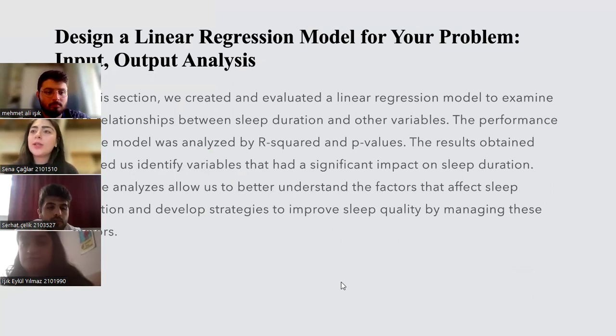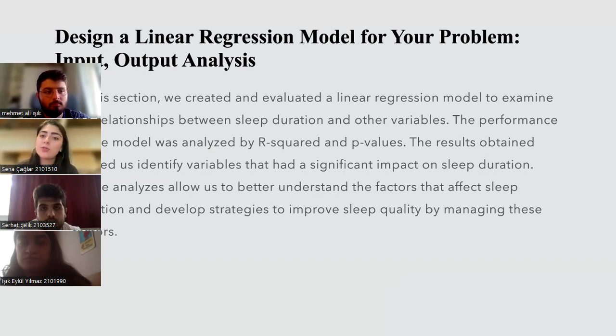Design of a linear regression model for our problem, input and output analysis. We have 4 input variables: age, stress level, physical activity, and body mass index. And we have 7 output variables: sleep duration, R squared, p values, age, stress level, physical activity, and body mass index also. In this section, we created and evaluated a linear regression model to examine the relationship between sleep duration and other variables. The analysis allows us to better understand the factors that affect sleep duration and develop strategies to improve sleep quality by